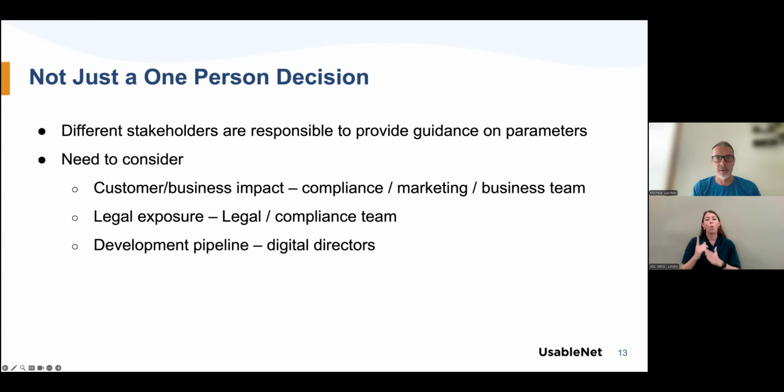So you might need to combine needs and priorities from the customer business in terms of compliance, marketing, in terms of the legal exposures, and you might need to work with the digital directors in order to combine their needs and define a pipeline that makes sense with everyone's requirements.